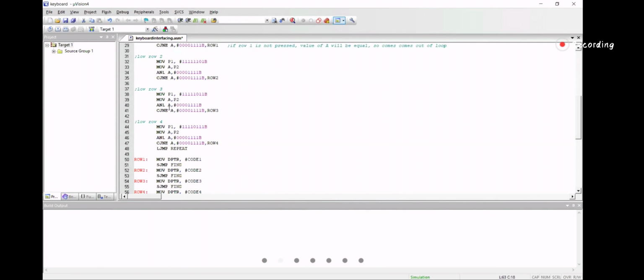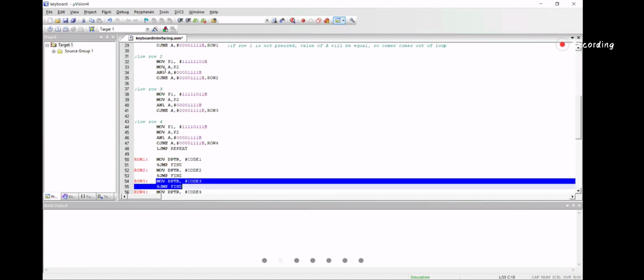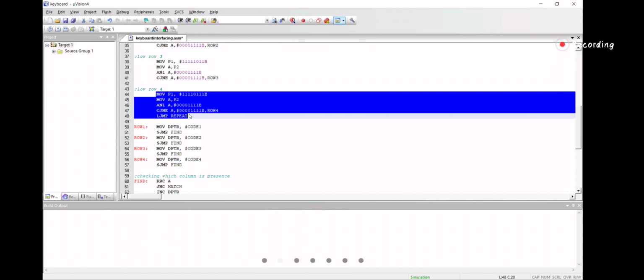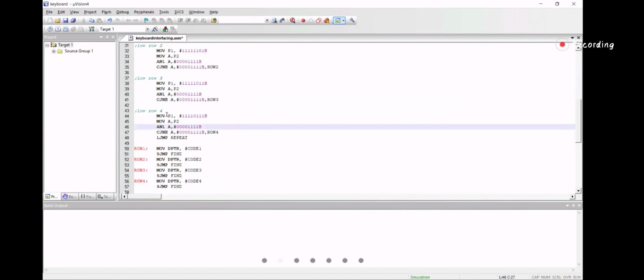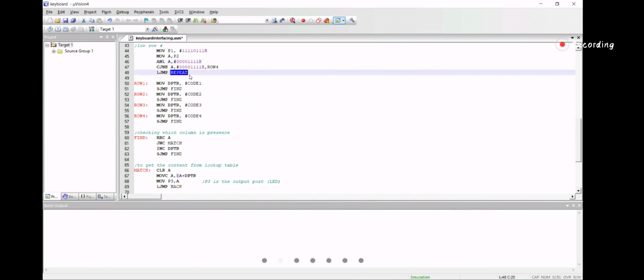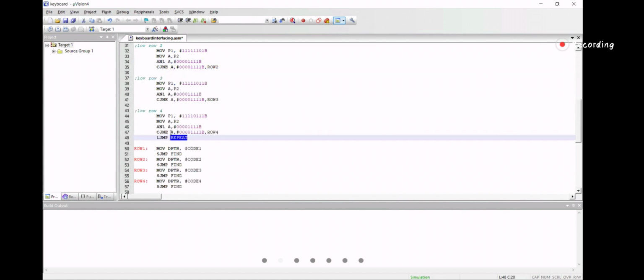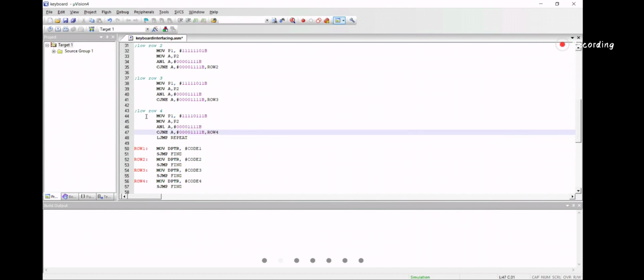Row 3 also, if row 3, it will jump to this subroutine. If it is not pressed, it will come to this program. If these two values are equal, it will repeat the row. That means something is wrong. If it is pressed, it will jump to row 4 because row 4 has been pressed.